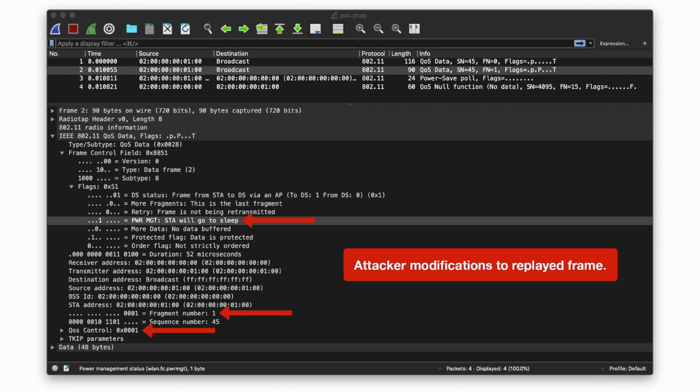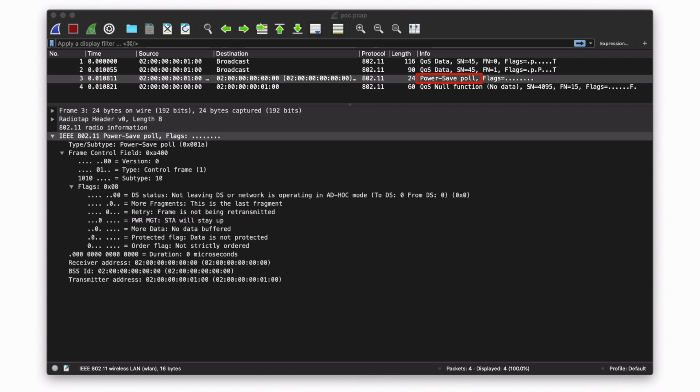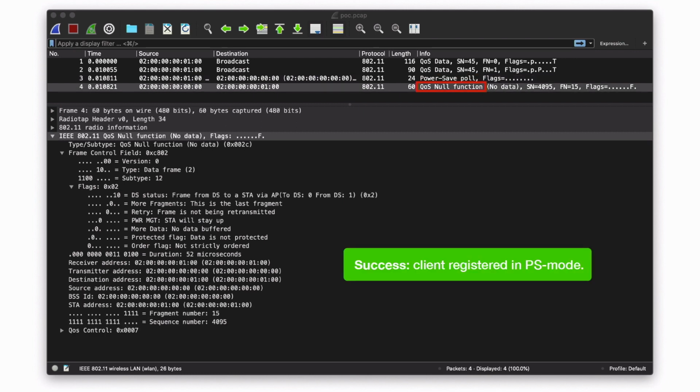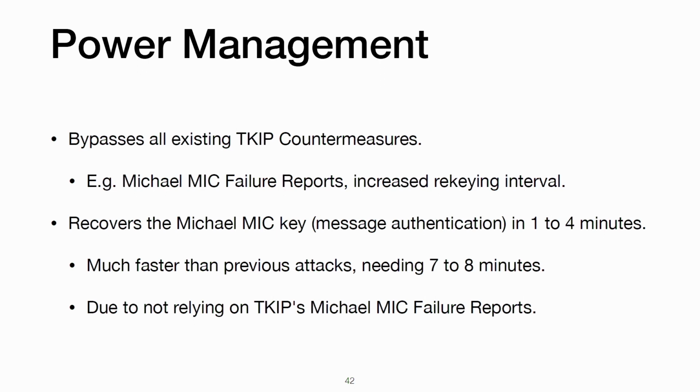By making these modifications, we can send a power save poll frame to the access point. In this case, the access point replies, which means we made the correct guess. By analyzing the traffic like this, we can see if we made a correct guess for our plaintext byte.